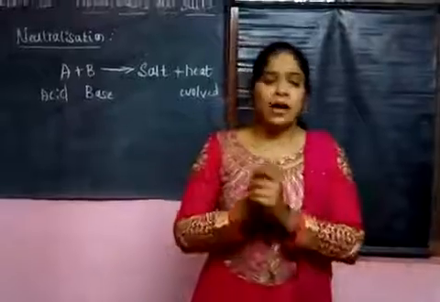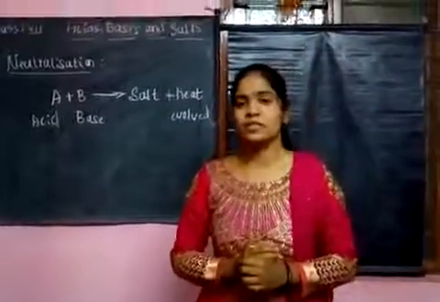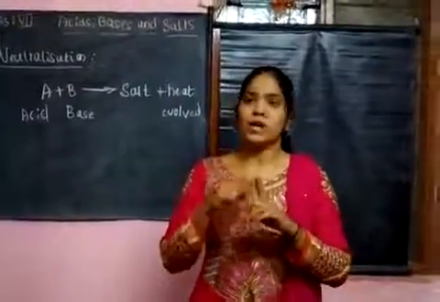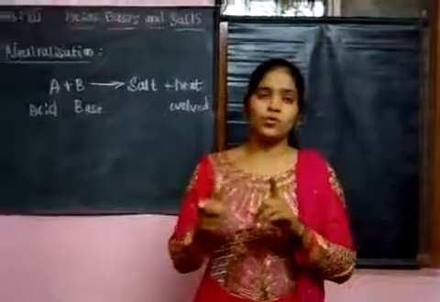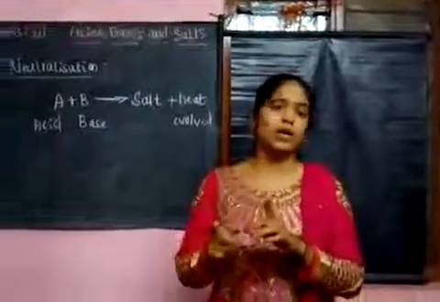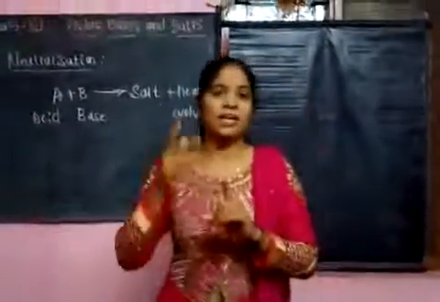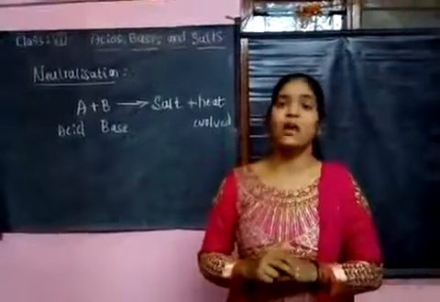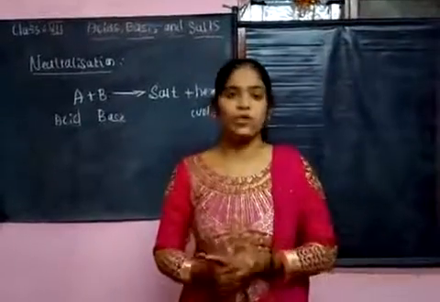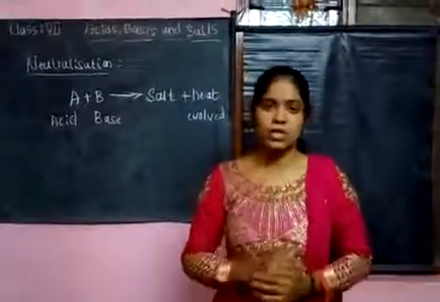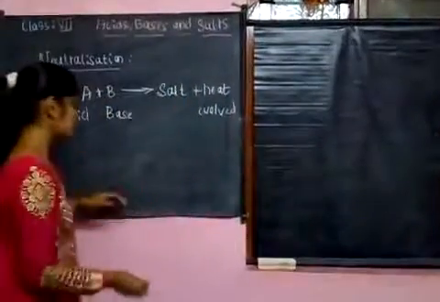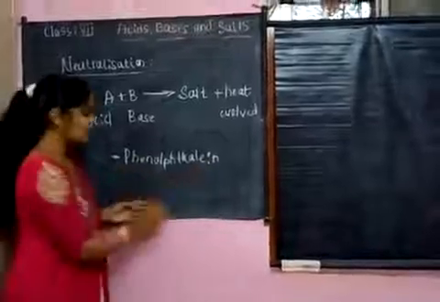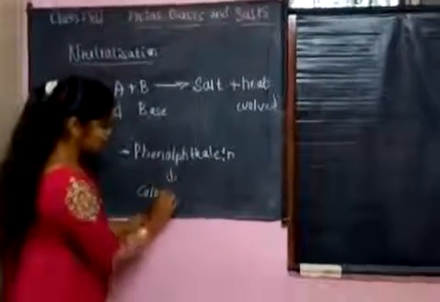So I will tell you one activity, you can understand it very easily. Consider one test tube and fill some of the test tube with HCl, means concentrated HCl is added to a test tube and then add an indicator. In this experiment we are going to use an indicator, that is phenolphthalein. Before that you have not used this indicator phenolphthalein, but you have used the China rose solution. So the name of the indicator is phenolphthalein, which is a colorless solution.